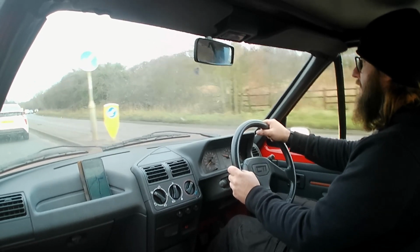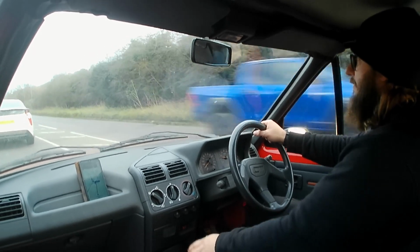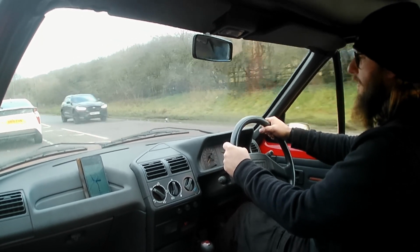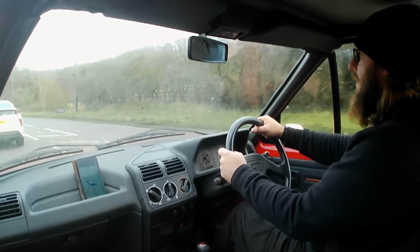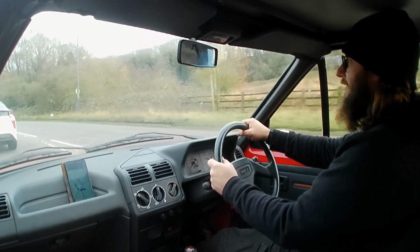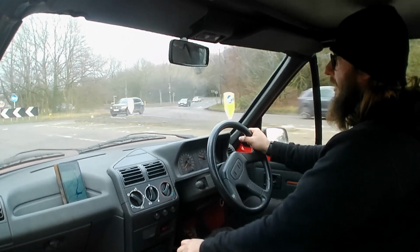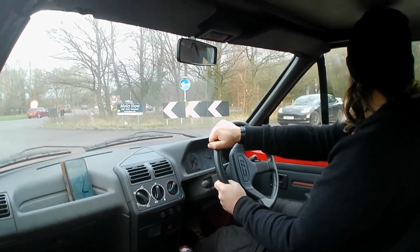This is currently parked at my stepfather's, who has been absolutely awesome. He let me work on it there. I haven't got any room at home because I've got 3 cars on the front, plus the Volvo, my daily driver, plus my partner's car as well. So we have 5 cars at home, and it's just not really viable to have another car there. I'm pretty sure the neighbours are not happy with me anyway with all my projects, but they're off the road and